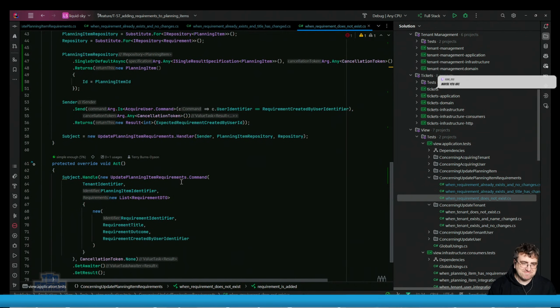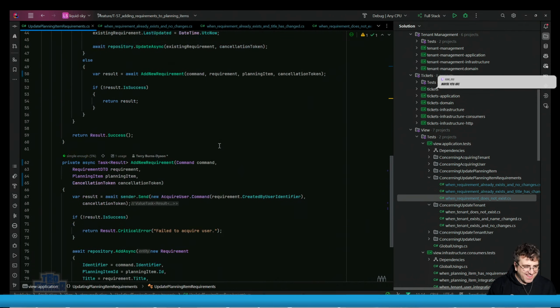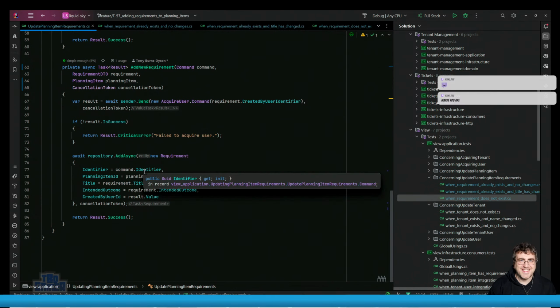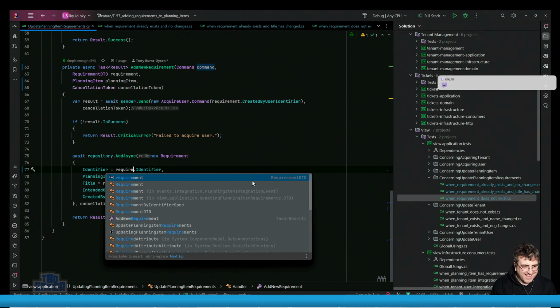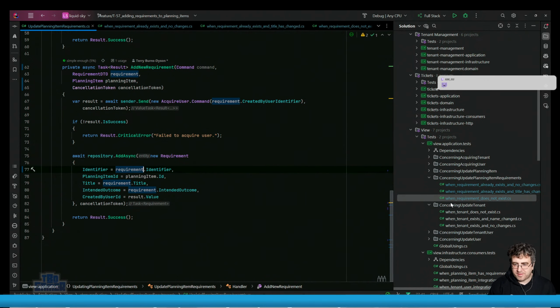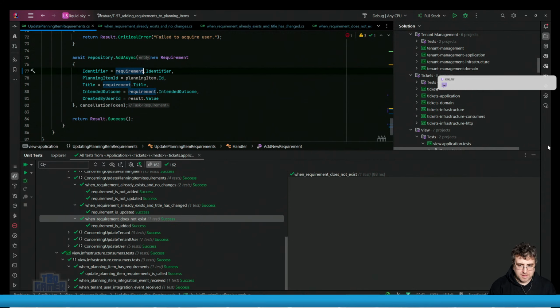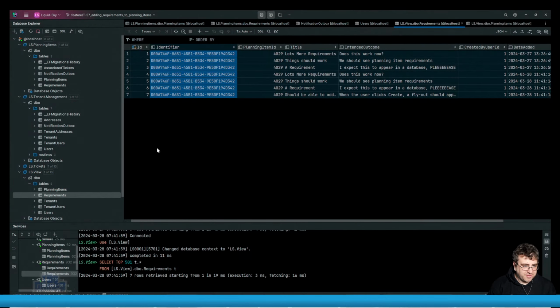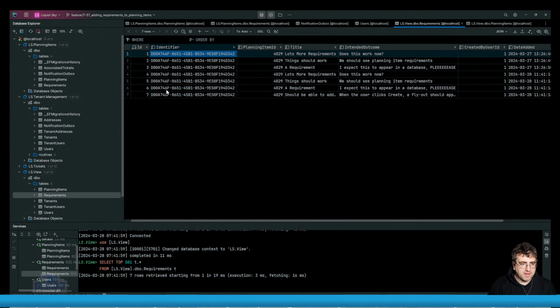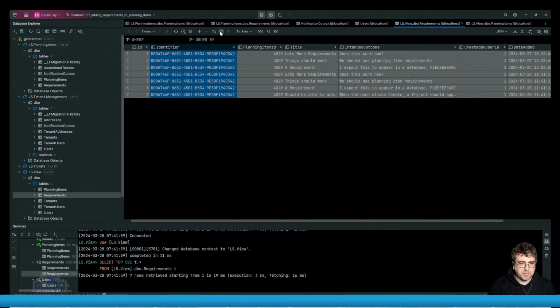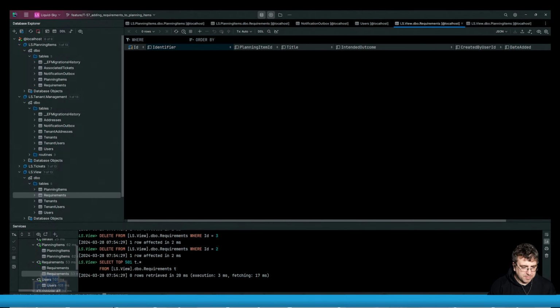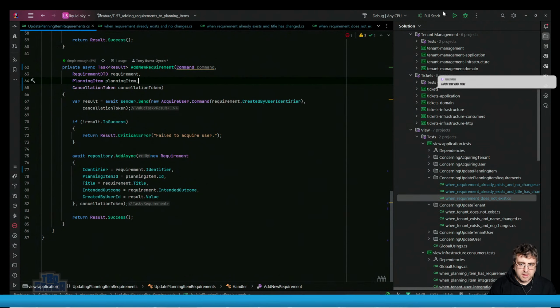That's what that should be. So this should pass now. Okay. So what I'm going to do is just to make sure that these are cleaned up. So now, when we run it again,